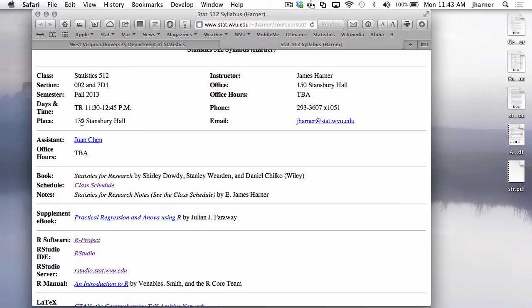The book we're using is not the book used in section 1. It's Statistics for Research by Dowdy, Wearden and Chilko. It's a Wiley book. The last time I looked, they had copies in the bookstore, although they only had 6 copies in the bookstore. Let me come back to the class schedule in just a moment. There's another book, and